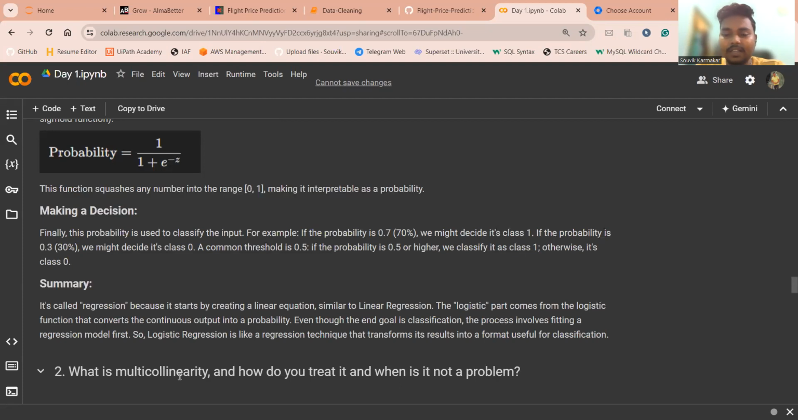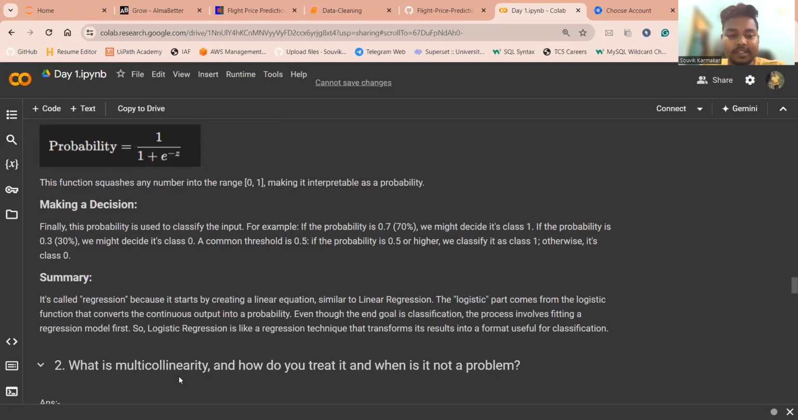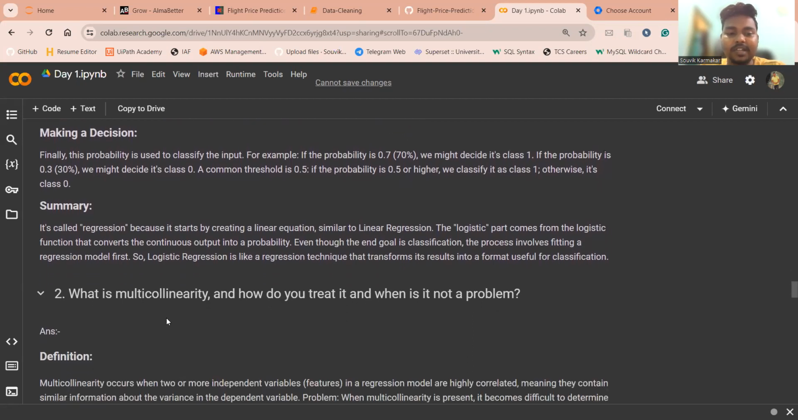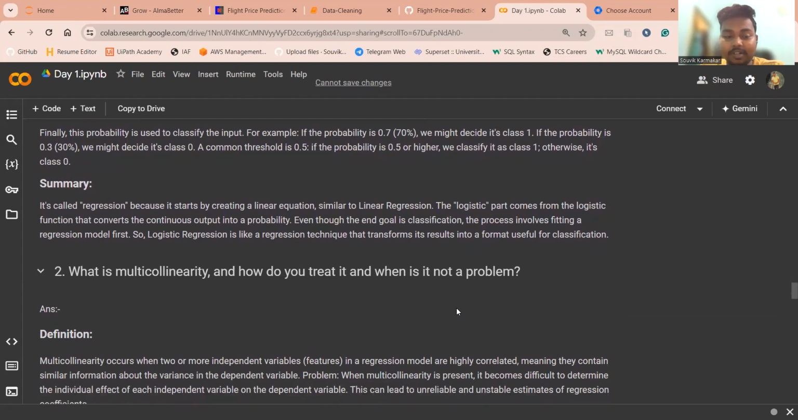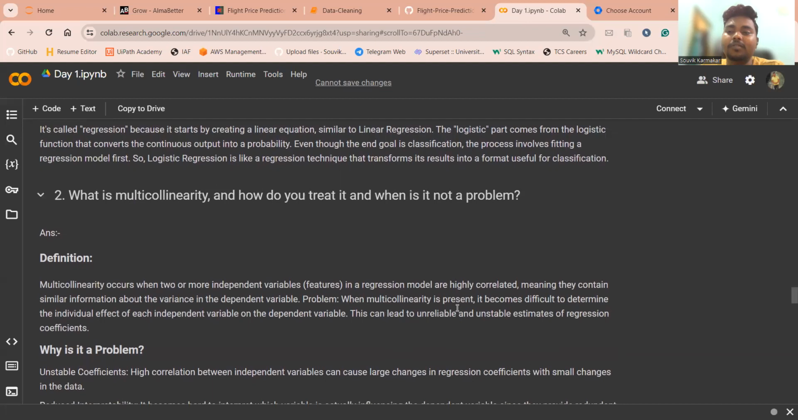I hope it's clear. So let's move into the next question. What is multicollinearity, how do you treat it, and when is it not a problem? This is also a very important question for interviews. So what is multicollinearity? Multicollinearity occurs when two or more independent features are highly correlated with each other,